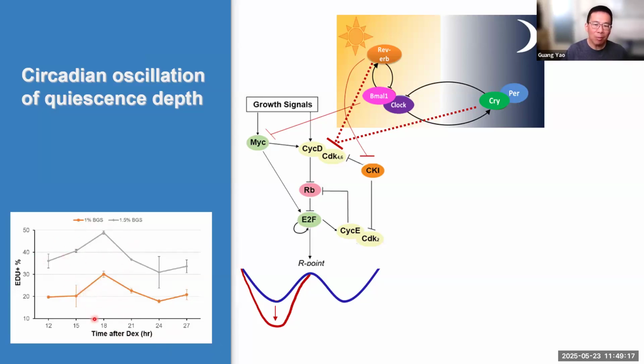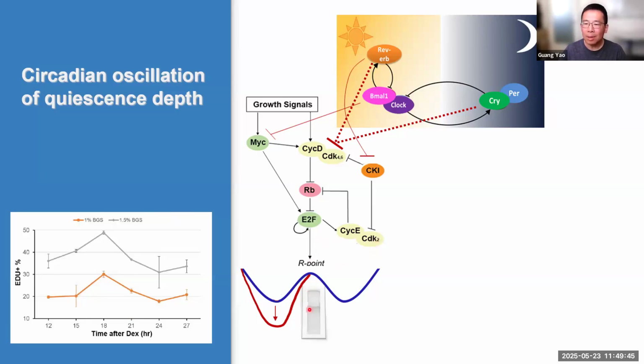So I think if we have an animal model to further expand this, we will likely see the day and night oscillation of some stem cells going easier or harder for tissue repair and regeneration. This may potentially explain why people have seen, depending on the tissue, that some surgery is better done in the early morning because it's easier for the tissue to repair.